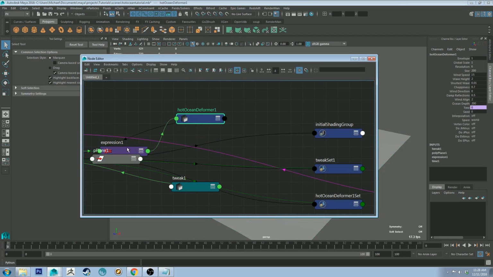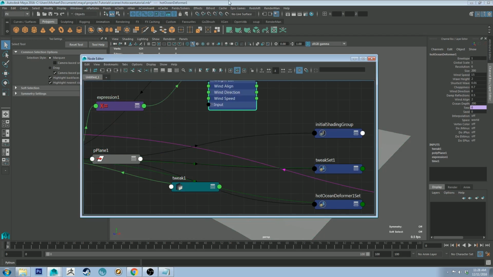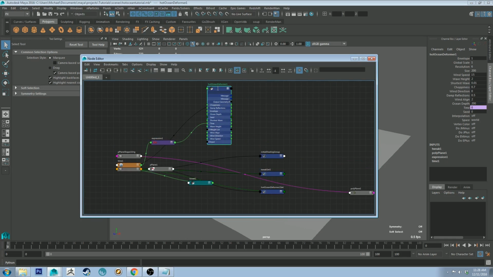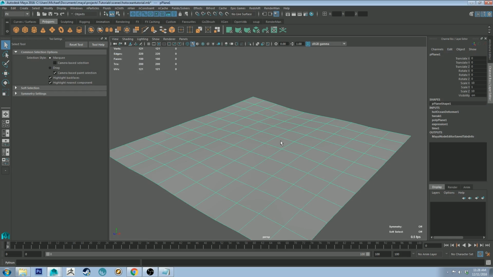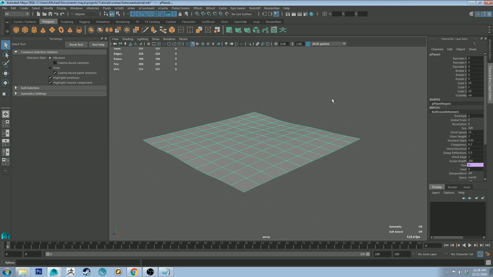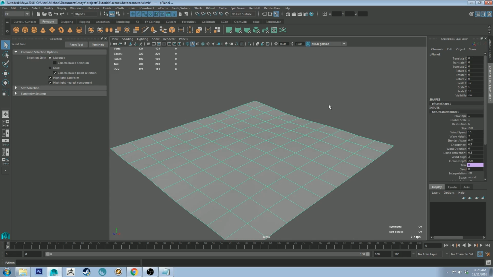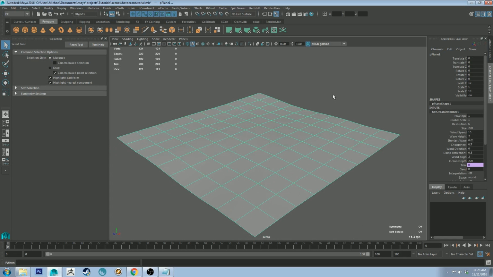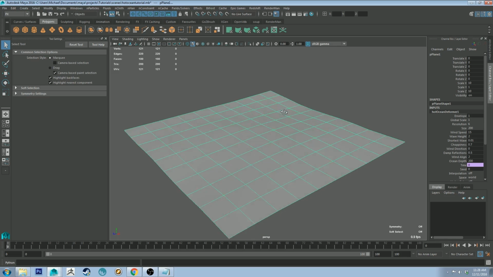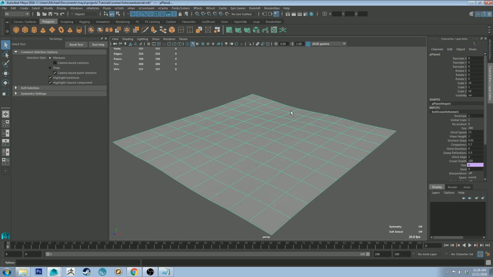So we've got this hotOceanDeformer here, which has got a bunch of parameters on it. You could edit it by selecting it here or going to the channel box editor. It's easier just to click it and then go to inputs and go to hotOceanDeformer. That'll make things just a bit simpler. And what we're going to do is set this up so we've got a nice little body of water. Just as an example, I'll give you some example